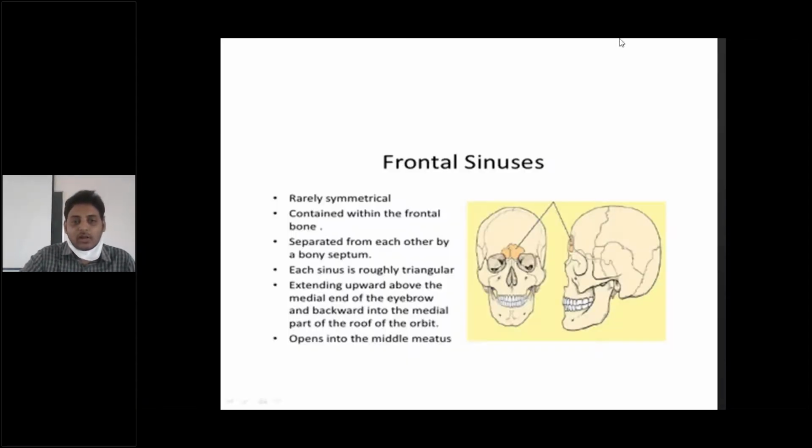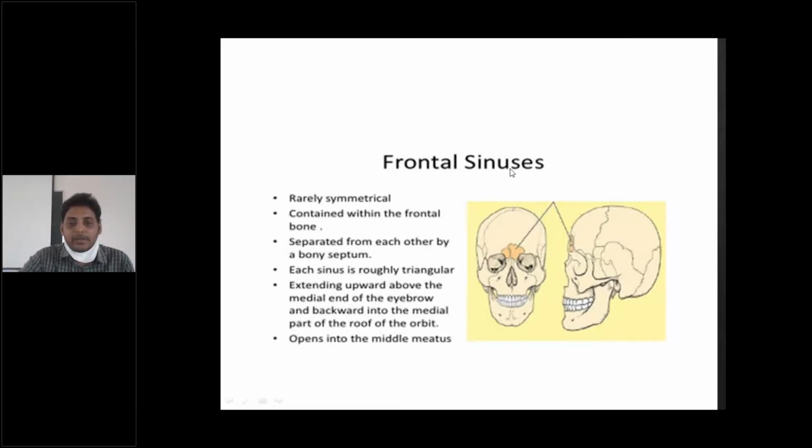And now coming to the next sinus, the frontal sinus. You can see these are the two frontal sinuses, a paired structure. Usually these frontal sinuses are asymmetrical, one will be larger and one will be smaller in size. And those two are usually separated by the septum, which is known as the interfrontal septum. Any septa which are present within the frontal sinus, left or right, are known as intrafrontal septum. And as the name indicates, these frontal sinuses will be present within the frontal bone.